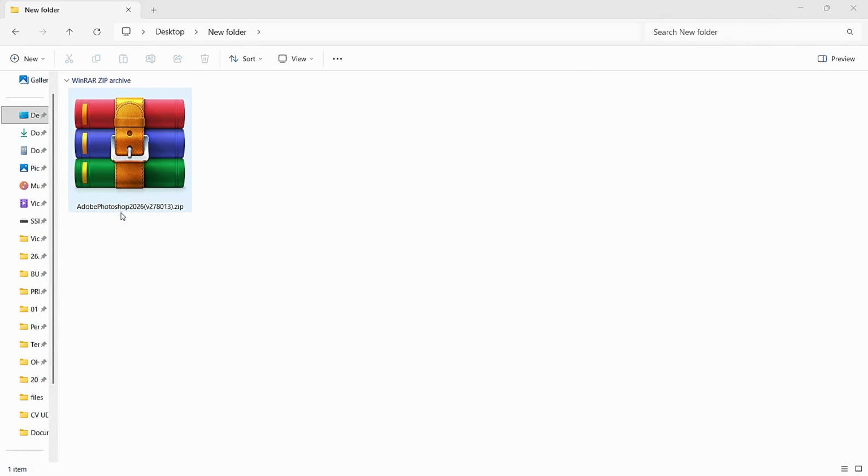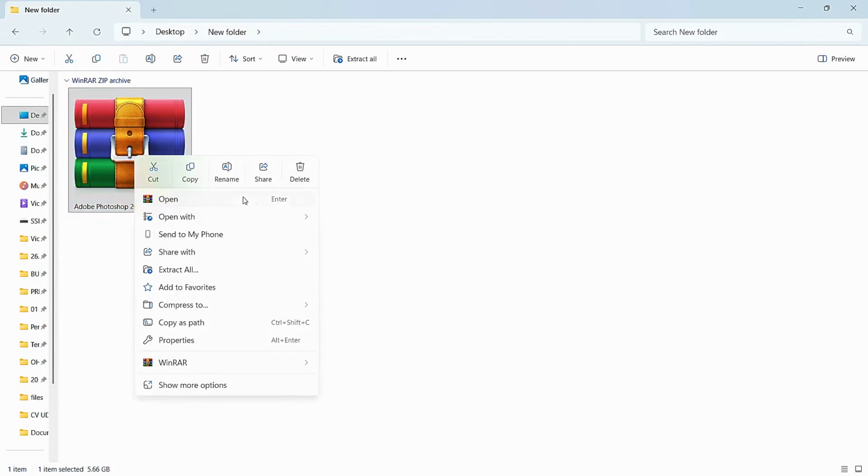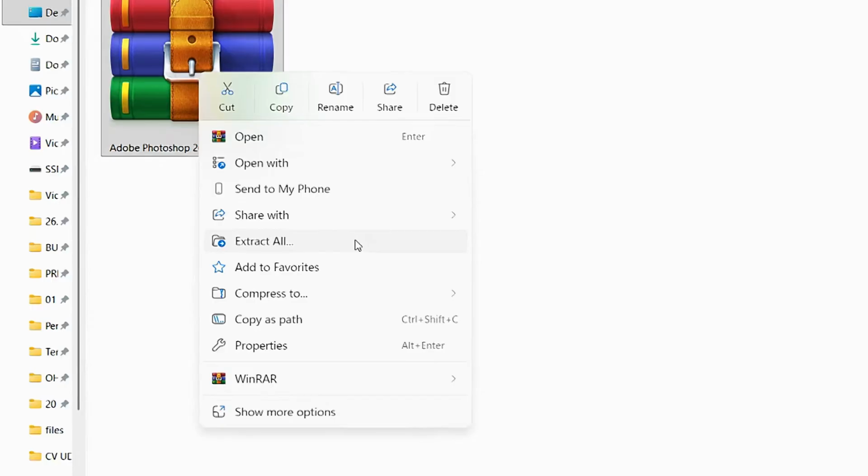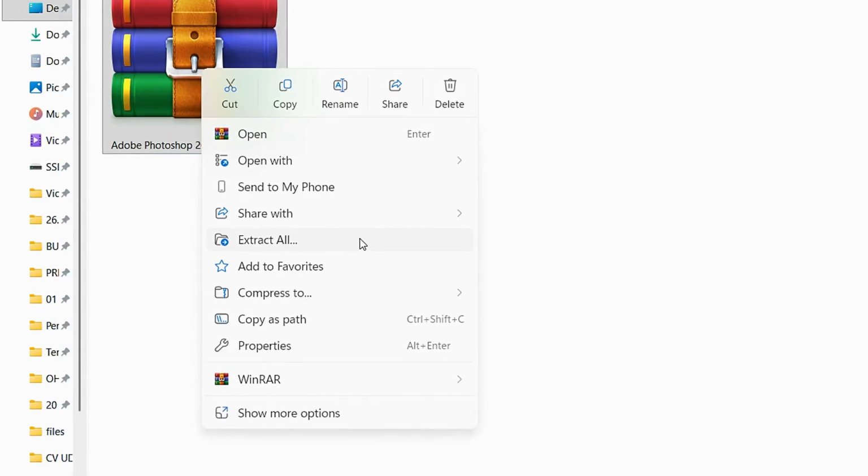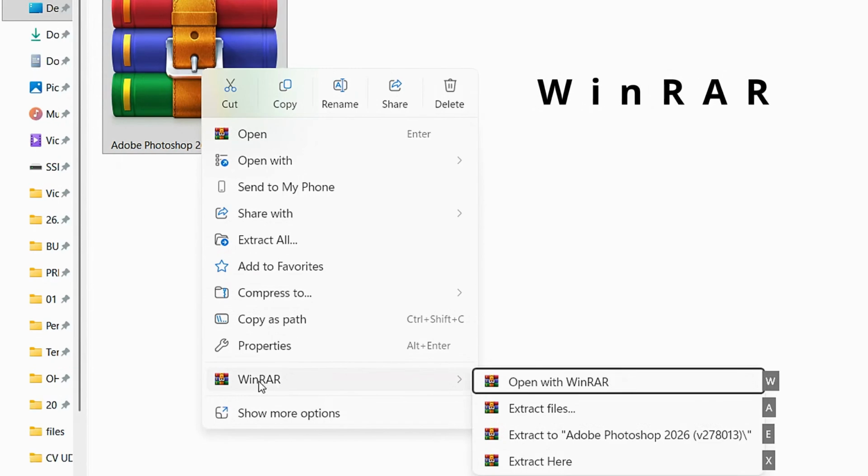So here I have the latest version. So I'm going to install it now. I'm going to start by extracting it. So I right click on it. If you are on Windows 11, you have this extract all option. But if you are not on Windows 11, you can install this software called WinRAR. Then use the WinRAR and